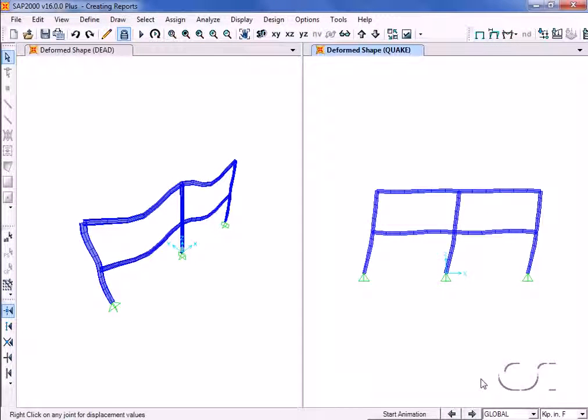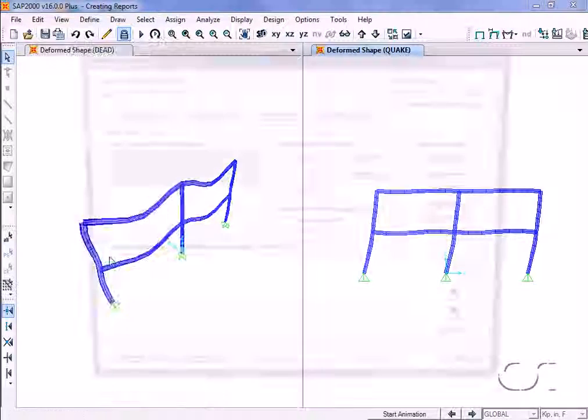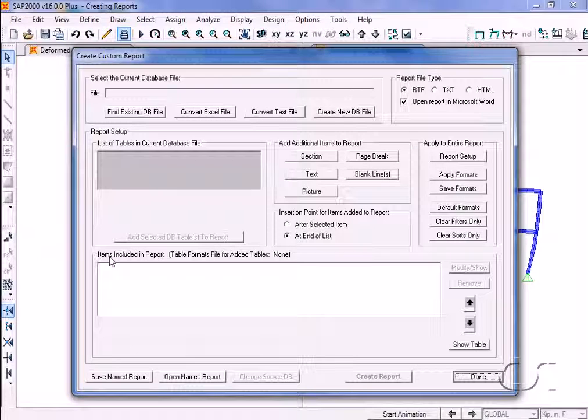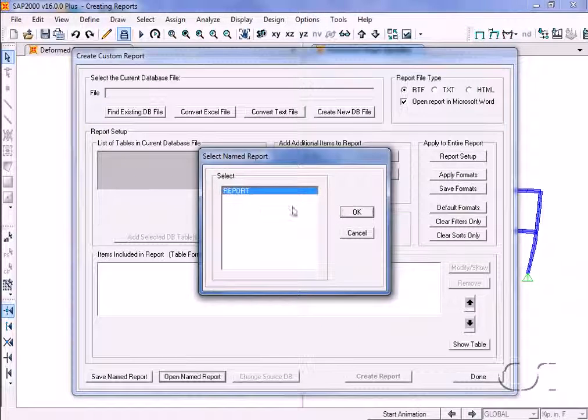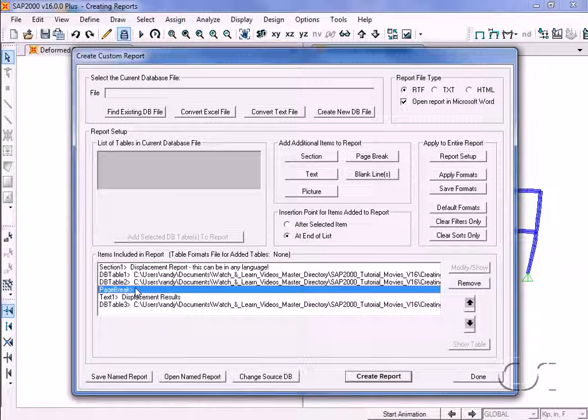However, upon further review, we decide that we wish to add a picture to our report. We may do so by going back to the Advanced Report Writer command and opening our previously saved report named Report. For this example, we will add a picture right after the page break. To do this, highlight the page break in the list and click on the After Selected Item option. Then click on the Picture button,